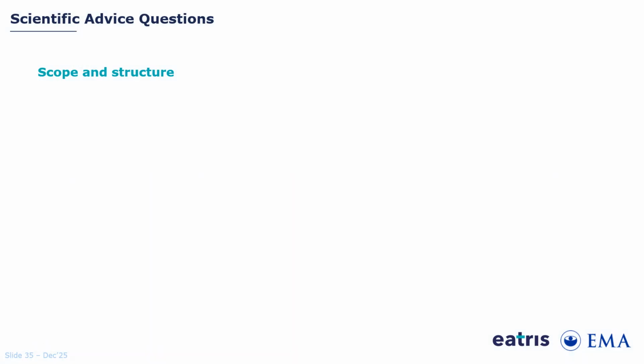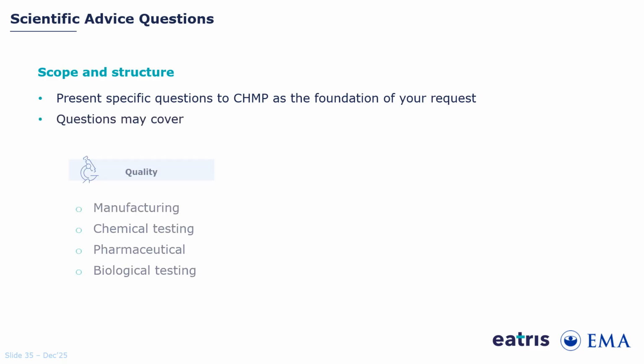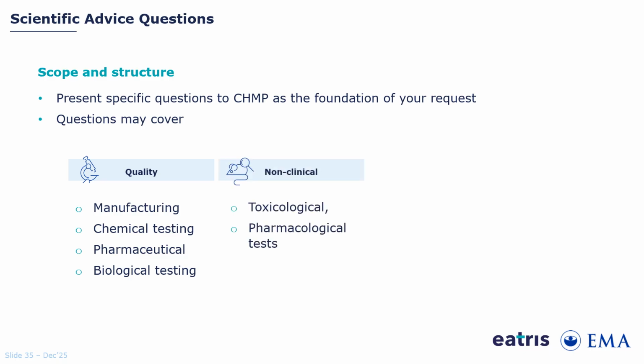The section with the questions and the applicant's position forms the core of the scientific advice briefing document, and it is in this section where the applicant presents their specific questions and concerns to the CHMP. Questions during scientific advice can either relate to quality aspects such as manufacturing, chemical, pharmaceutical and biological testing of the medicine, non-clinical aspects such as toxicological and pharmacological tests designed to show the activity of the medicine in vitro or in vivo,